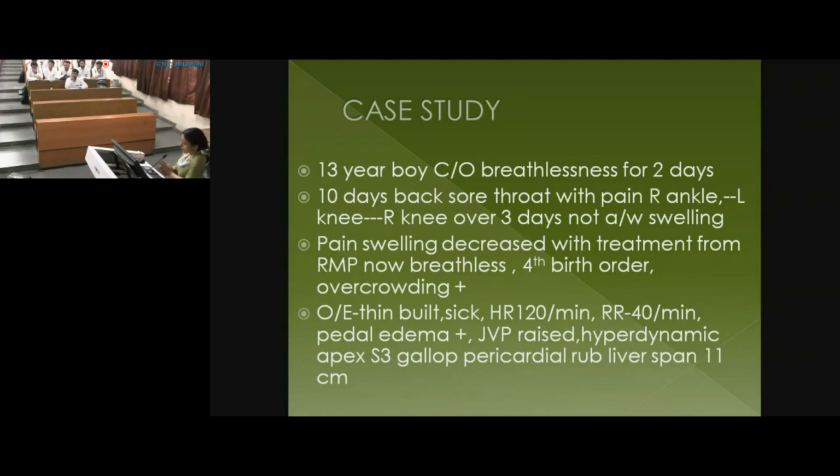Then what else has the child got? He's sick looking. Heart rate is 120. Is that tachycardia for a 13-year-old? Definitely. Respiratory rate is 40. Is it tachypnea? Yes. The JVP is raised. What does it tell you? S3 gallop. It tells you that the child has got CCF. That means it's clinical carditis. So if the child has clinical carditis, it becomes a major criterion. Then if the child has got fever, how many criteria do you need? You've got 2 major criteria. So does it fulfill your Duckett-Jones criteria? Yes. Which test would you like to do?